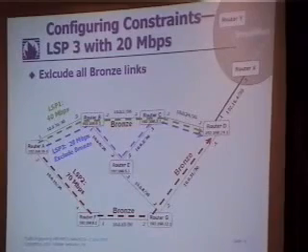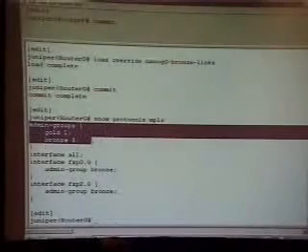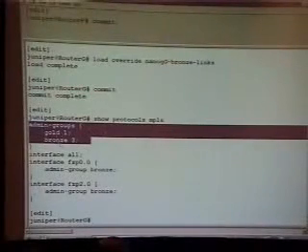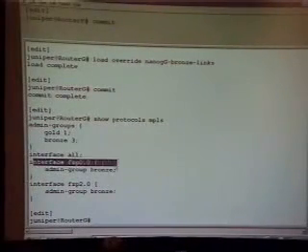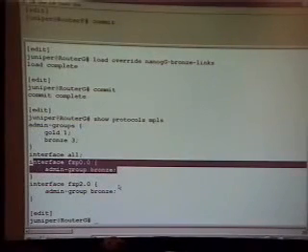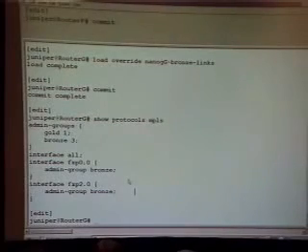Here's an example on router G of what sort of configuration goes in there. We set up an administrative group. We've defined two groups, one named gold, one named bronze. And in this particular configuration, we've assigned interfaces FXP0 and FXP2 to administrative group bronze. So basically, we've colored those two links bronze, which is, again, router G. If you look up there, you can see the two bronze links. Going back to router A,